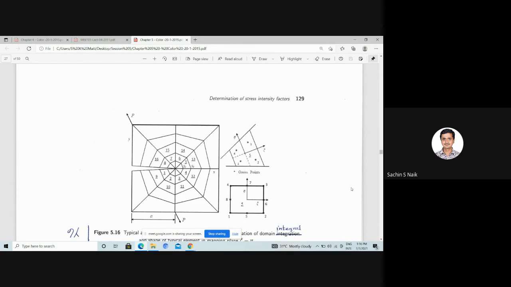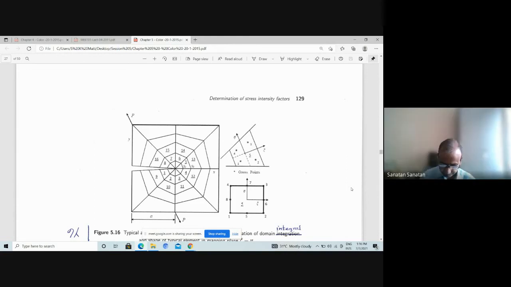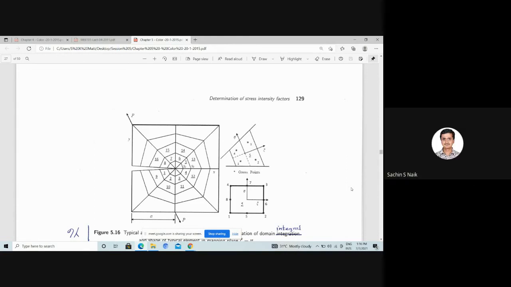I mean, if it is a mode 3 problem for an edge crack in 0 degree orientation, let's say, if we consider the thickness, why I was getting perplexed is the rotation of the edge of the crack occurs. So at the center we can envisage that the rotation is going to be 0. Therefore, perhaps the SIF at the center is going to be more accurate than on the faces.